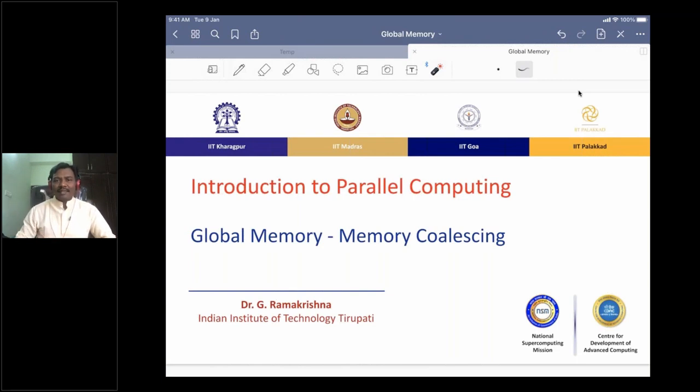In all these three classes, we write a couple of programs with and without memory coalescing, with and without thread divergence, with and without shared memory, so that you understand very concretely the beauty of all these three concepts.